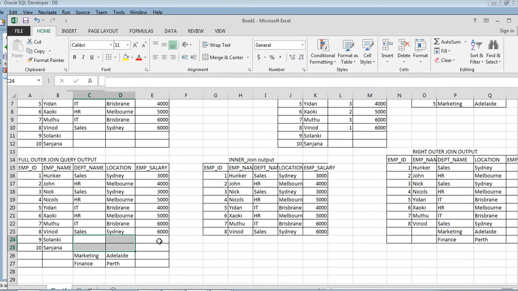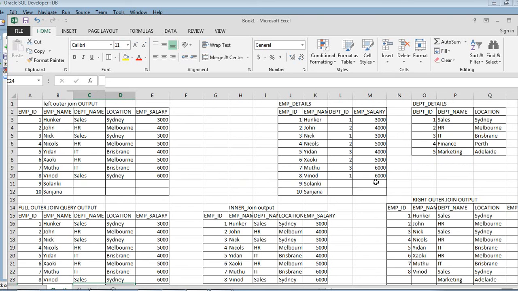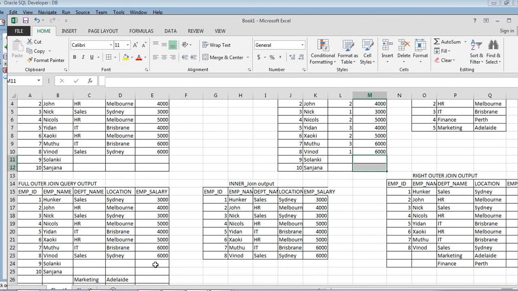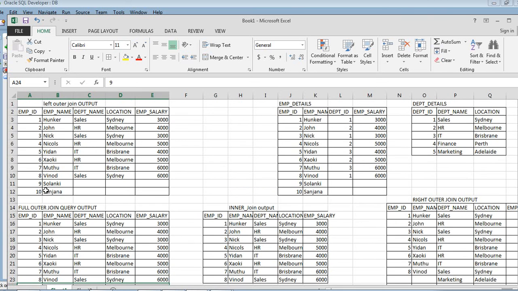And since no salary has been assigned in the input as well, the salary also comes as blank. So these two rows reflect the data of the left outer join, the left outer join output from the last time.